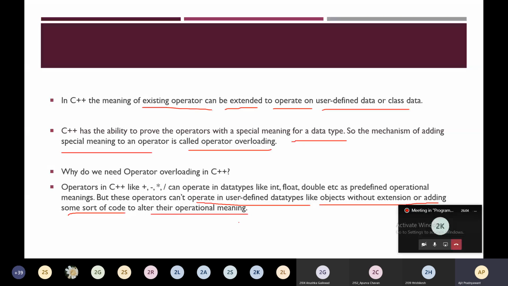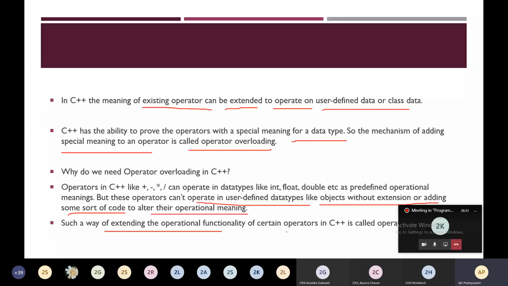To do this, we need operator overloading. Such a way of extending the operational functionality of certain operators in C++ is called operator overloading. So to add a special meaning to the operators, it is done with the help of operator overloading.